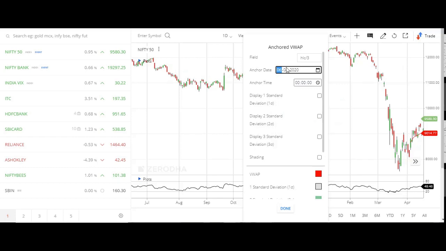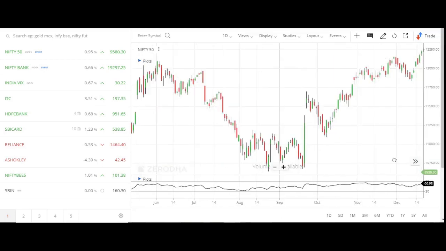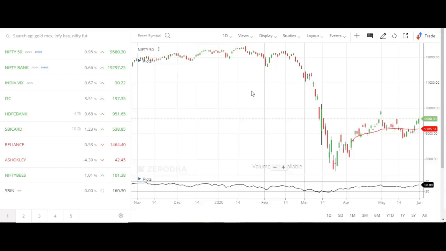Now you can see the anchored VWAP value has changed to 9014, and it only shows data from the date we selected. This is one of the best indicators, anchored VWAP. We'll have a separate video explaining how to trade based on this indicator as well.